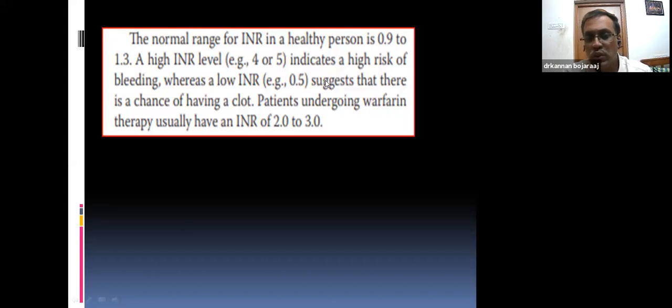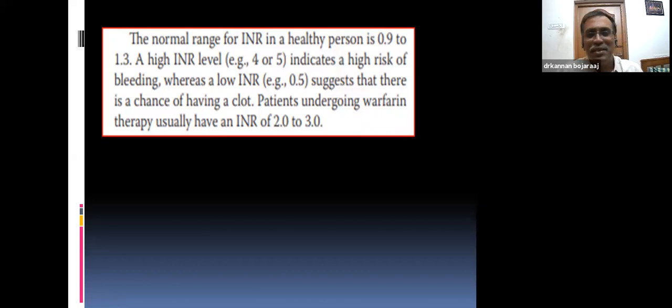INR was specifically introduced for warfarin therapy, but the same thing can be applied to all these liver function tests also. This INR of 2 to 3. So we have to bring the INR down to normal, less than 1.5, that is normal. For warfarin therapy, we have to maintain this INR of 2 to 3 for preventing thrombosis